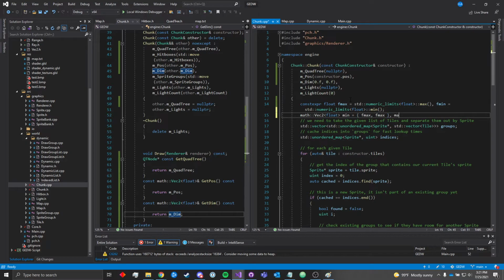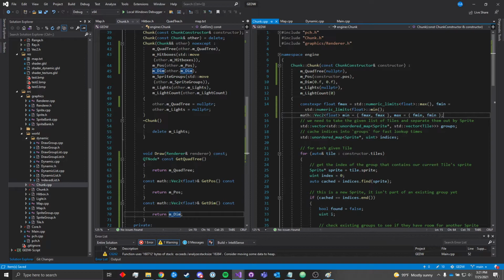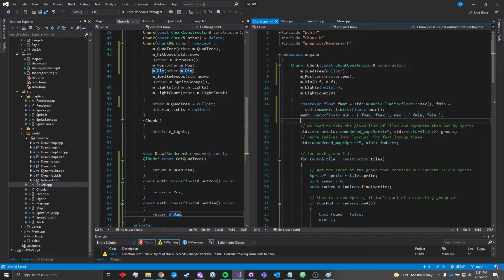And we can't just give them anything. Like we can't give 0, 0 for both, because everything in our world might have negative coordinates, and in that case we would say our minimum is 0, which is not. So we'll sort of set them initially to the opposite of what they are. So minimum being the maximum float value, and maximum being the minimum float value, means that